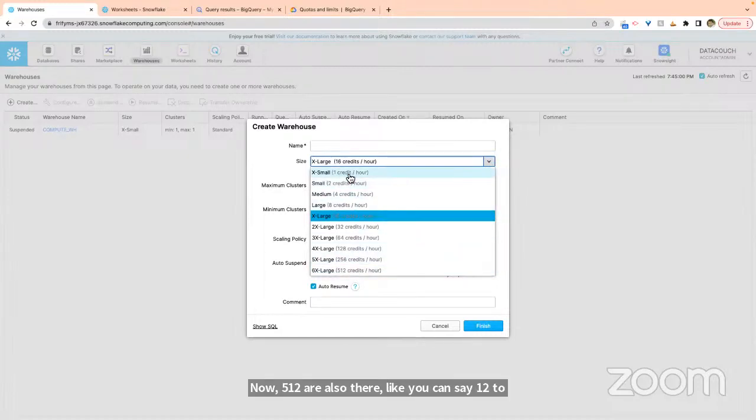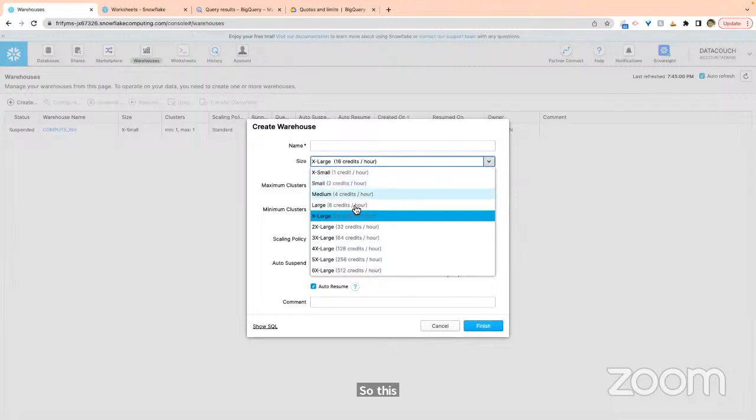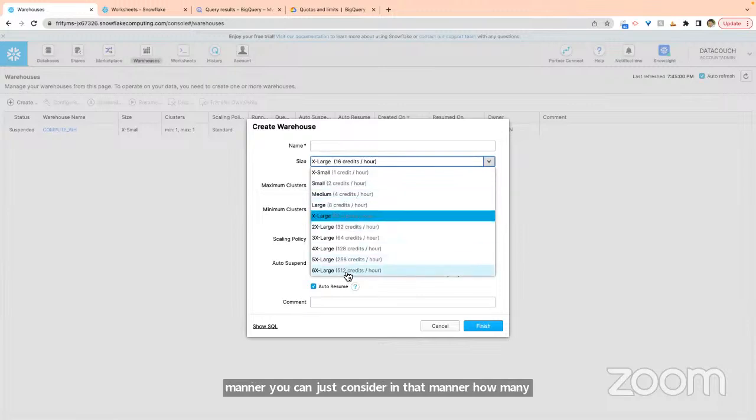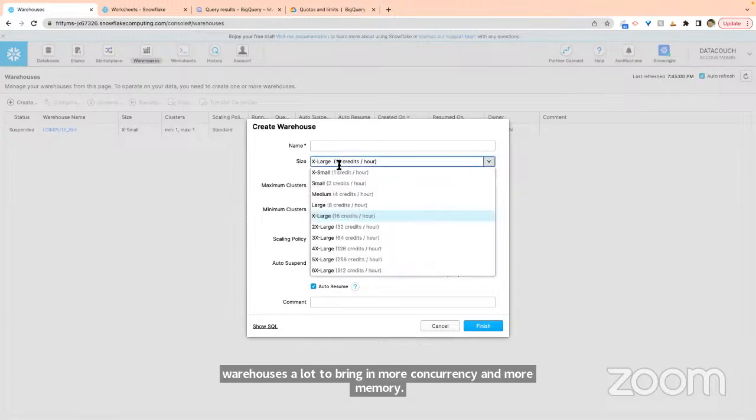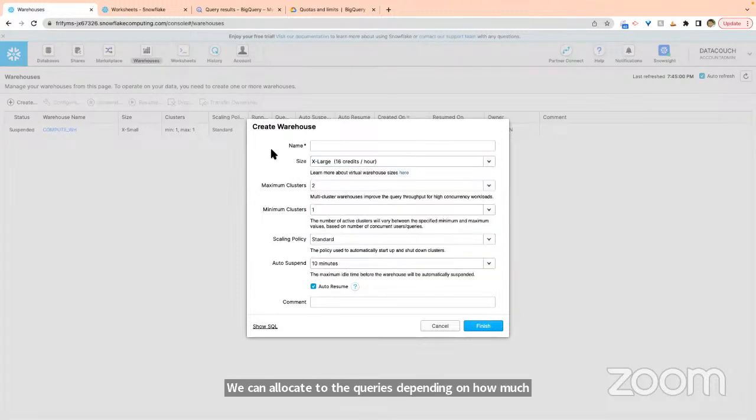So you can imagine how many parallel threads can execute, and from that perspective, it can go up to 512 also. And there are some interesting new virtual warehouses coming, which are highly memory optimized, and they can give very good performance. Yeah. So Snowflake is improving these virtual warehouses a lot to bring in more concurrency and more memory we can allocate to the queries, depending on how much money you are okay to spend.